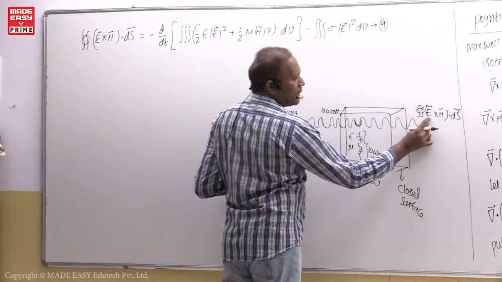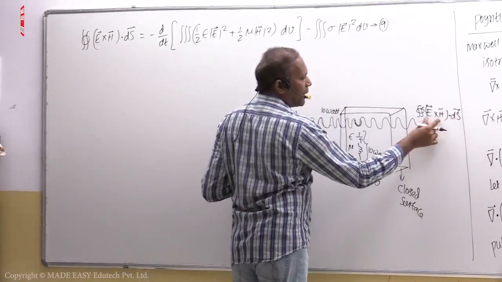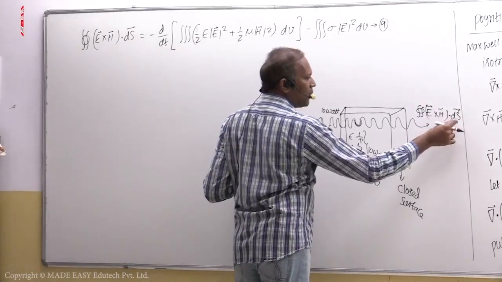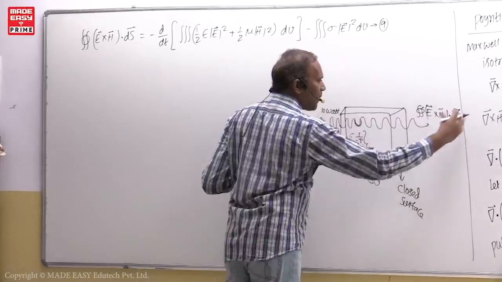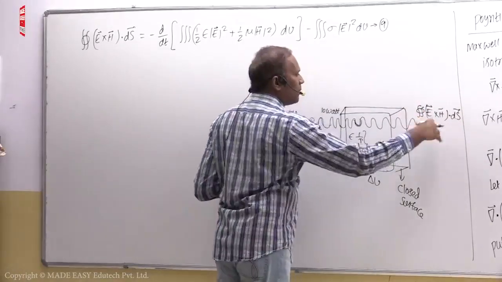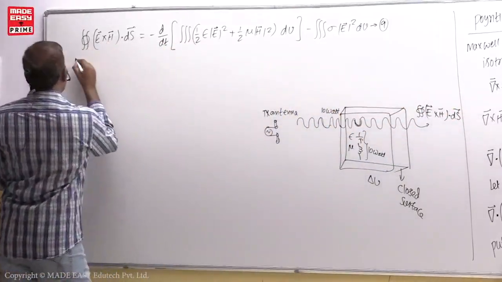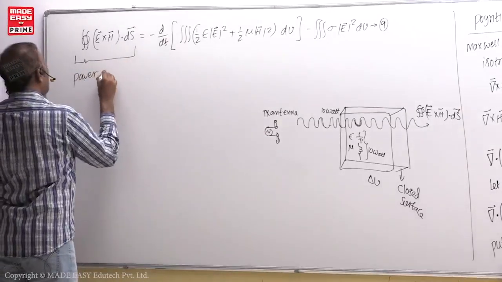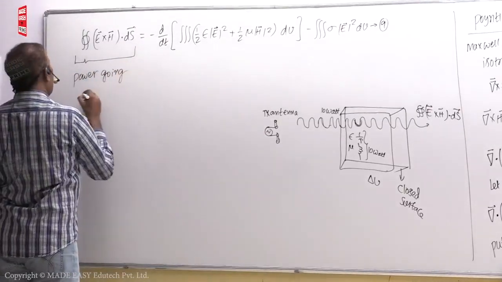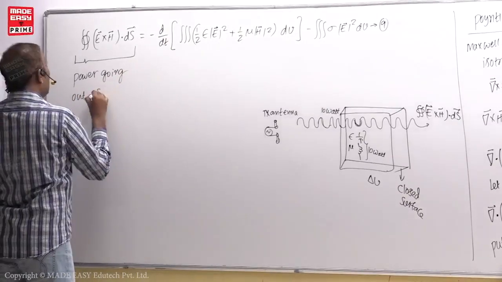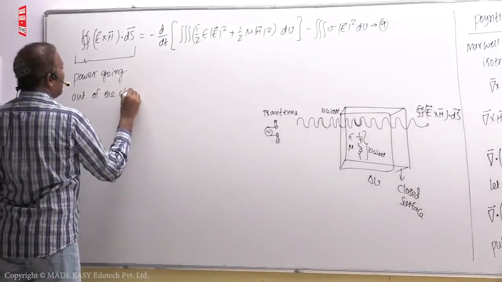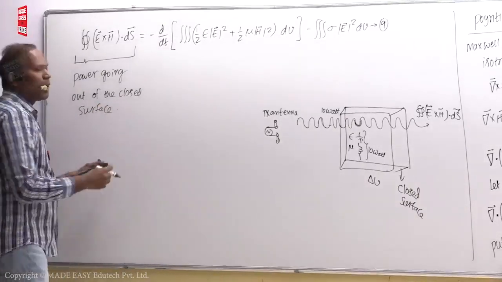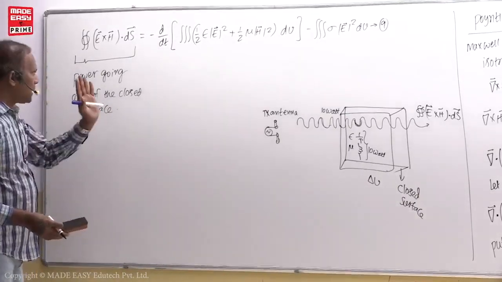This means volt per meter times ampere per meter, that is volt into ampere per meter square, that means watt per meter square, into meter square is watt. So the power going out of the closed surface, or otherwise power going out of the volume, both are the same, is equal to,